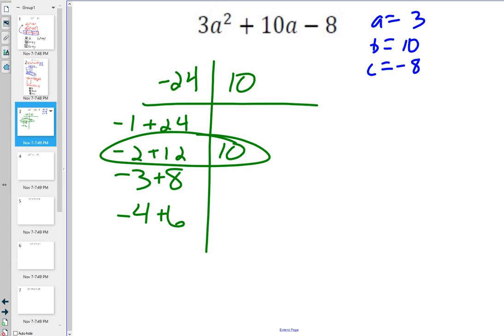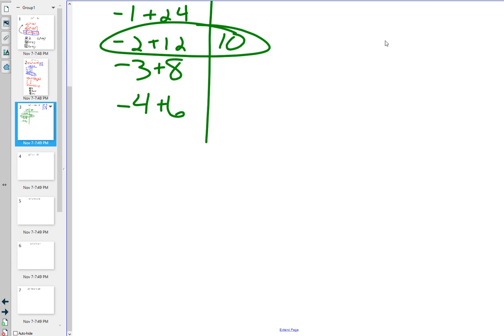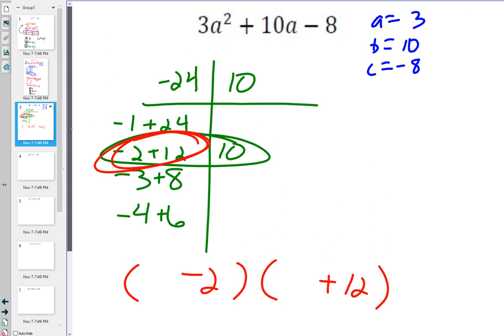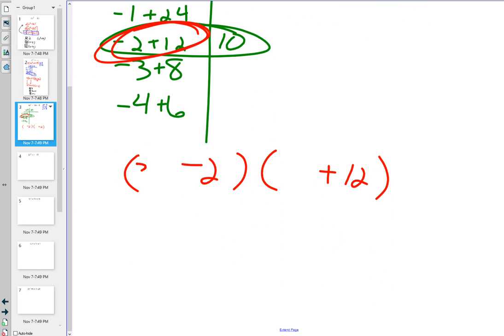So the only difference between this one and the last one is that we have no greatest common factor, so it's just the two parentheses. At the end of the parentheses, I'm going to put these numbers that I just got, negative 2 and positive 12. Those are the second in each one of those. But in the first term, I have to put the variable, which was a. Don't just get used to always putting x. But also the number that was in front, which was